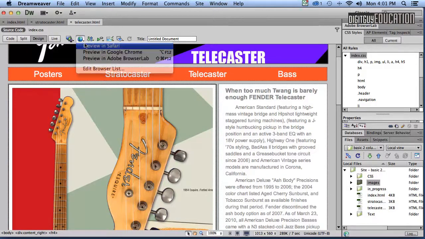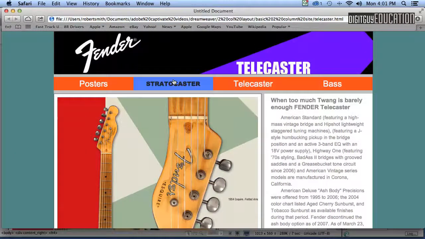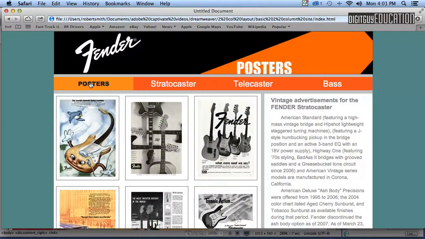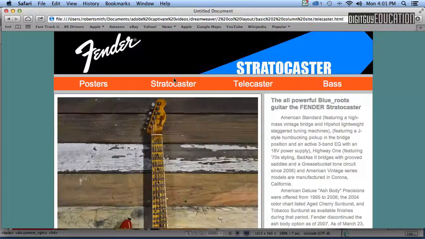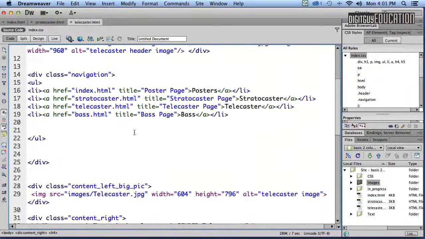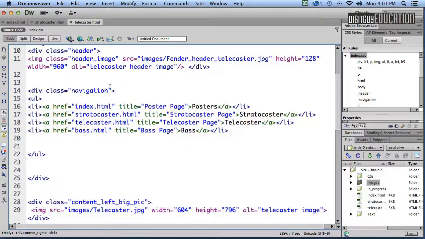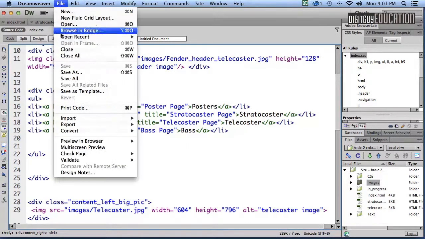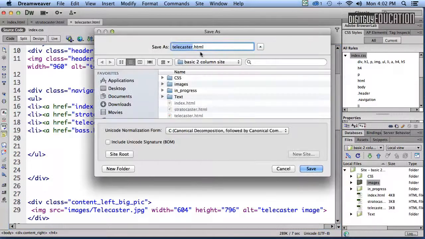So if I go and preview that in Safari, I should be able to go to my Stratocaster page, or my Telecaster page, or my posters page. Looking very good. Just one more page to add. I'm going to grab this. I'm going to go File. First, let's have a look at the code. Now, always just check your code that you do. It's base.html is what we want. Okay, so I'm going to save this file, save as base.html,